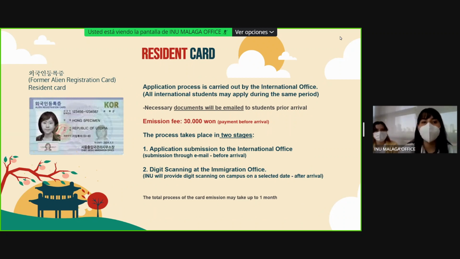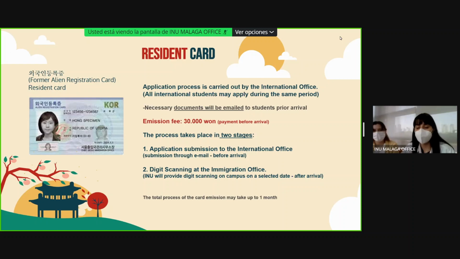Once you arrive in Korea, you're going to start the procedure for the resident card. The resident card is your ID card once you're in Korea. This is the way that people are going to identify you. You won't be using your passport that much once you get this one. So this one is really important for living in Korea. The application process is carried out by the international office, and all international students might apply during the same period.